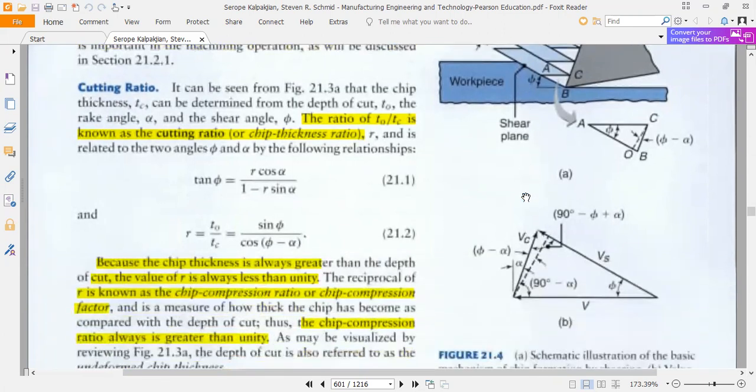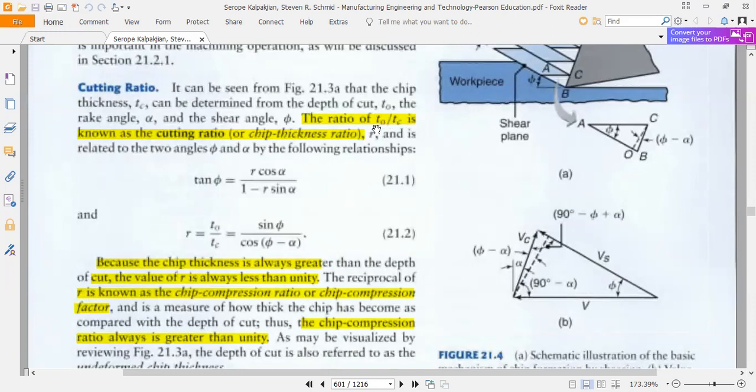So there are two types of thicknesses associated with the chip. One of them is the initial thickness, denoted by t naught, and the other is the final thickness, or after-the-cut thickness, denoted by tc. The initial depth of cut at which the machine tool operates is equal to the initial thickness t naught, whereas the final thickness tc is always greater than t naught. So this ratio, as the numerator is smaller than the denominator,